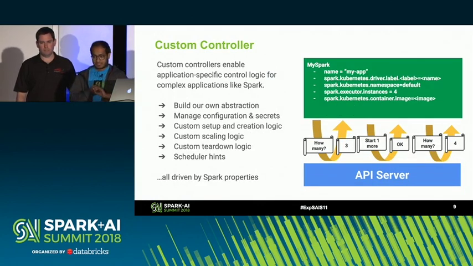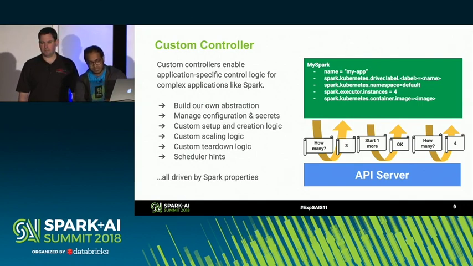Even this isn't complex enough for you to run all kinds of applications, right? Running 4 copies of something is much simpler than what Spark does, for example. So here's where custom controllers come in. Because Kubernetes APIs are accessible to all of us, there's no reason why those core controllers are special. So you could write your own controller that controls pods, secrets, configuration, et cetera, have your own custom setup and teardown logic, and have it driven by your own API. In some sense, Spark is pretty much this.